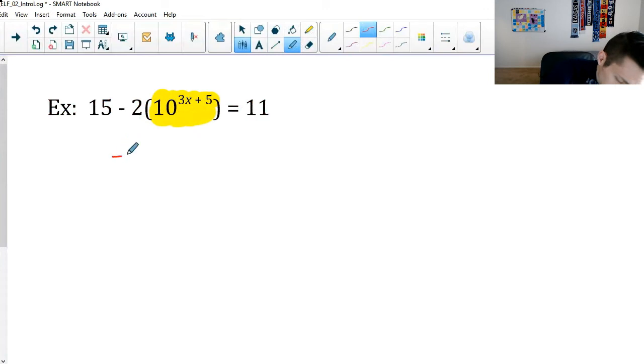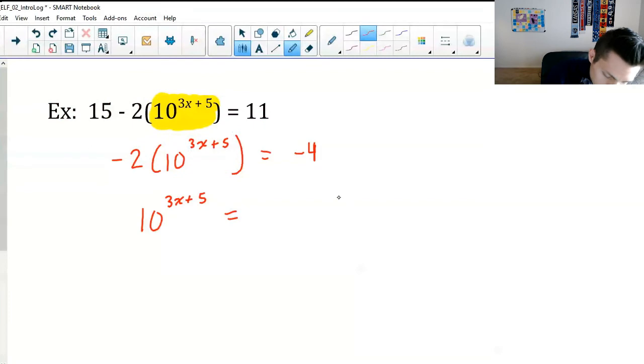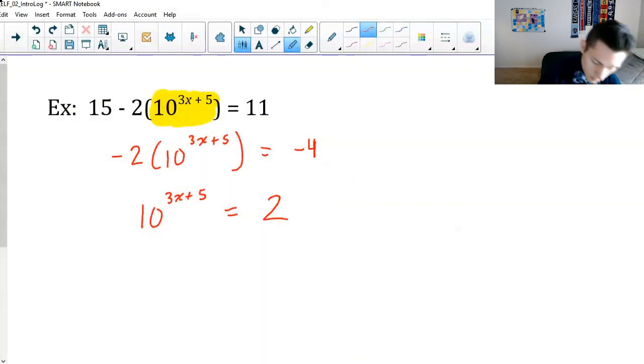So my first goal, I'm just going to get rid of that 15 by subtracting 15 on both sides. 11 minus 15, negative 4. I'm going to divide both sides by negative 2. Negative 4 divided by negative 2, positive 2. And so now